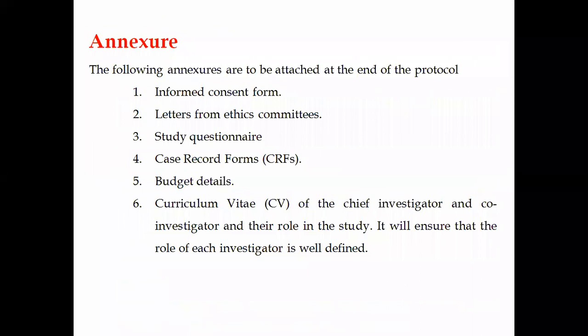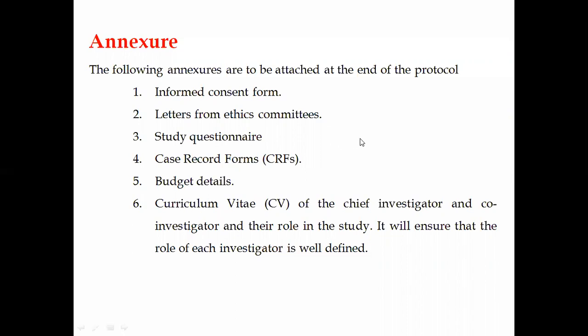Annexes. Whenever you submit a clinical protocol, what documents do you need to attach along with the protocol form for the clinical research protocol team or ethical committee, or if you are going for funding?